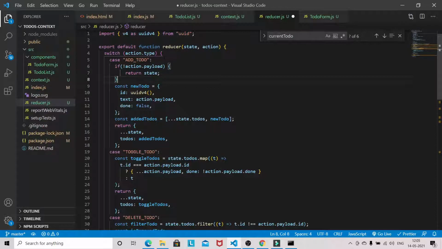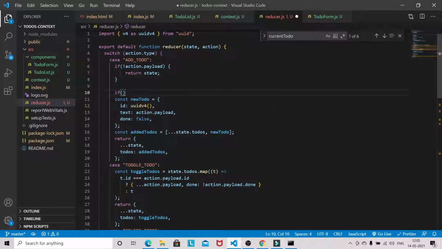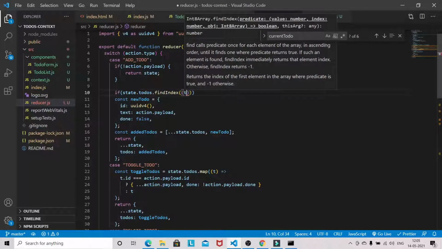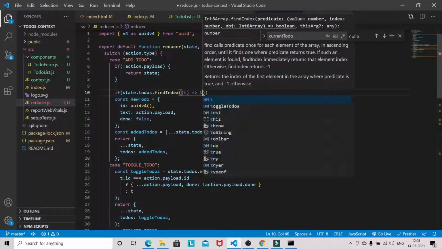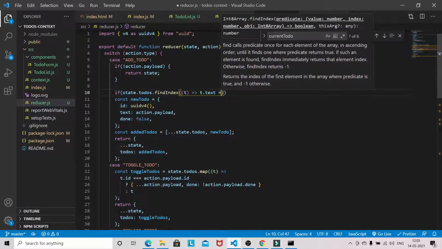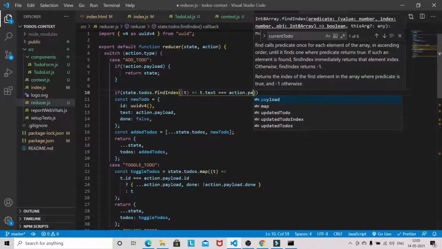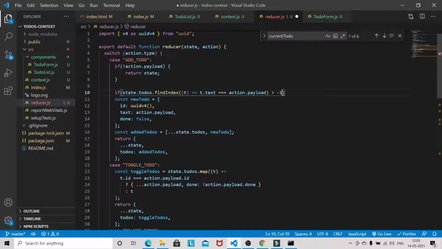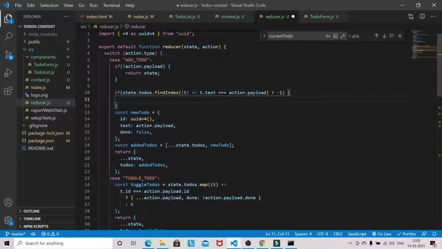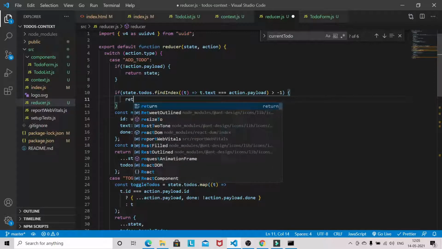And if state.todos.findIndex, if t.text is the same and it is not -1, it means we found an index whose text value is the same, so it will return true here.